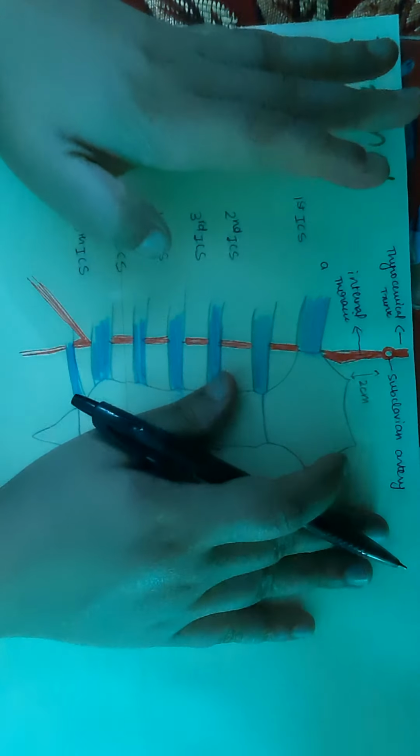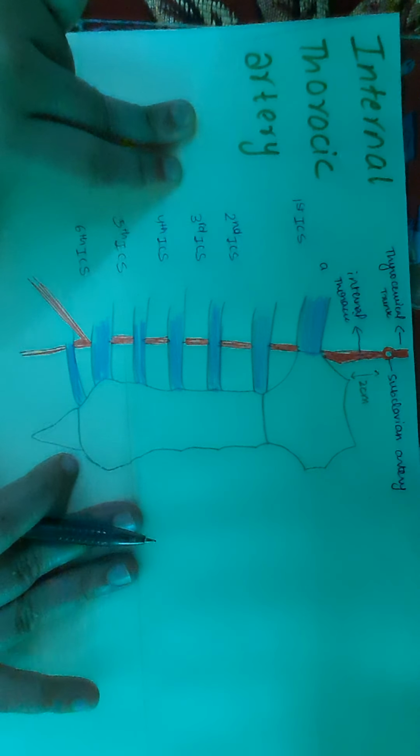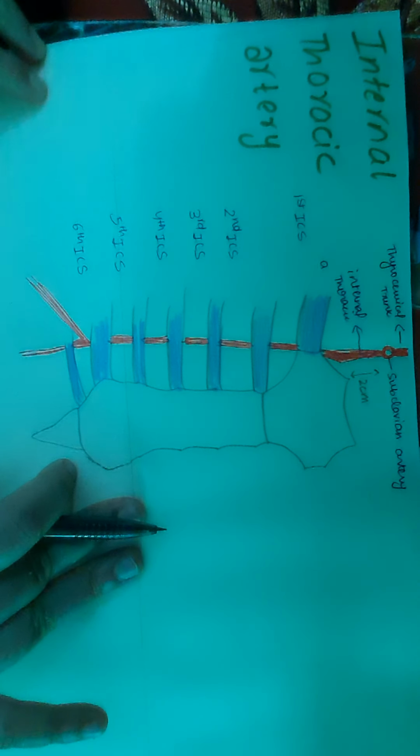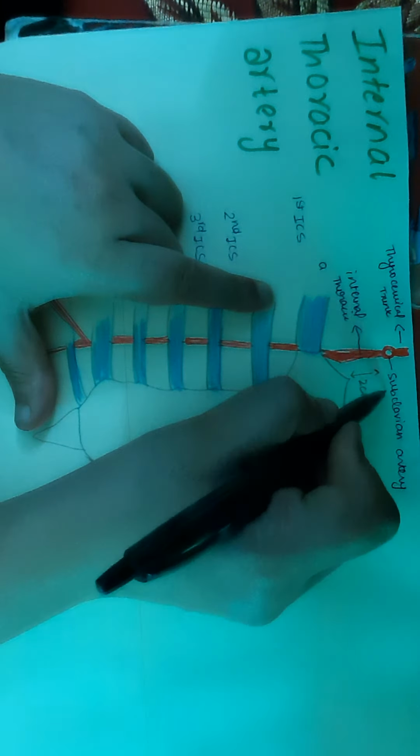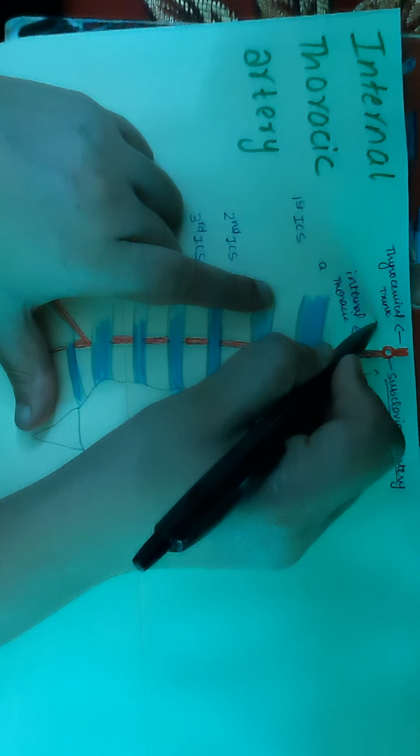So we are going to discuss the entire theory portion of the internal thoracic artery through this diagram itself. We'll make it very easy for you to understand and also to draw a diagram in exams. So as a result, we just say it's a branch of the subclavian artery, which is directly opposite to the thyrocervical trunk.